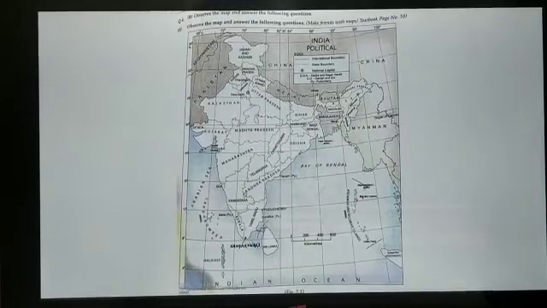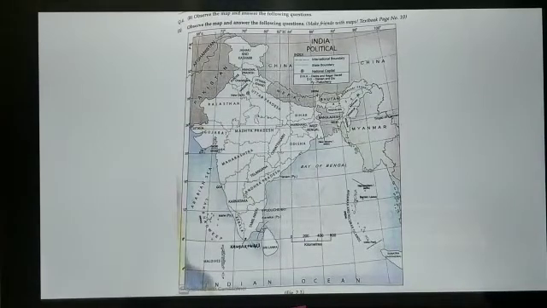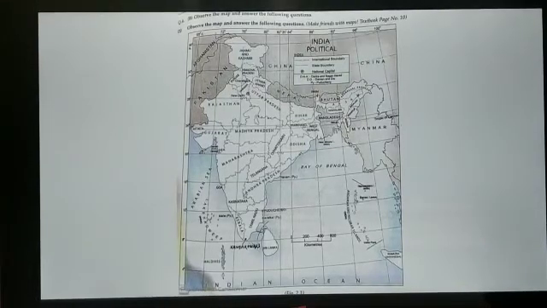Now children, here is your map. Already I told you in previous slides that map pointing and showing important places in your outline map of India and Brazil is very important. Questions will be coming in your coming lesson. So in the first lesson, we are supposed to show very important points on your map, that is Indira Point, and in your neighboring countries, your latitudinal and longitudinal extent. Here, as you can see, it is also given in your textbook.